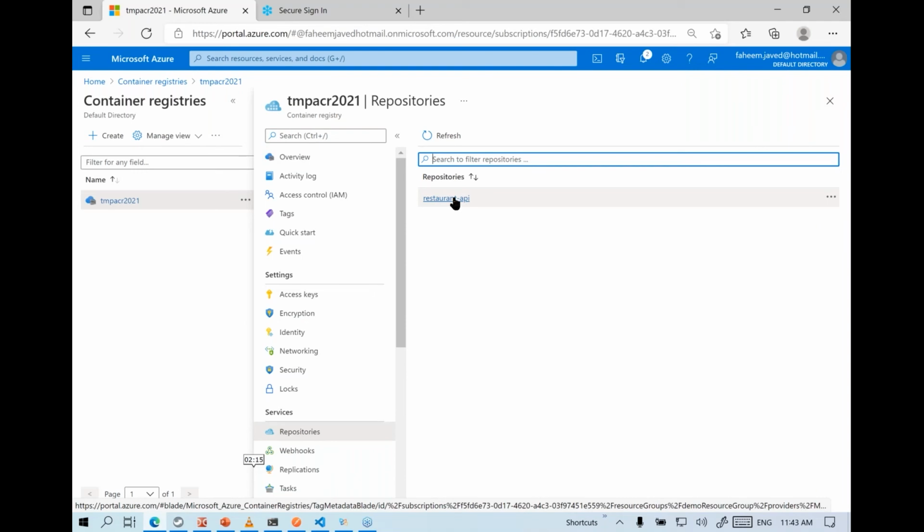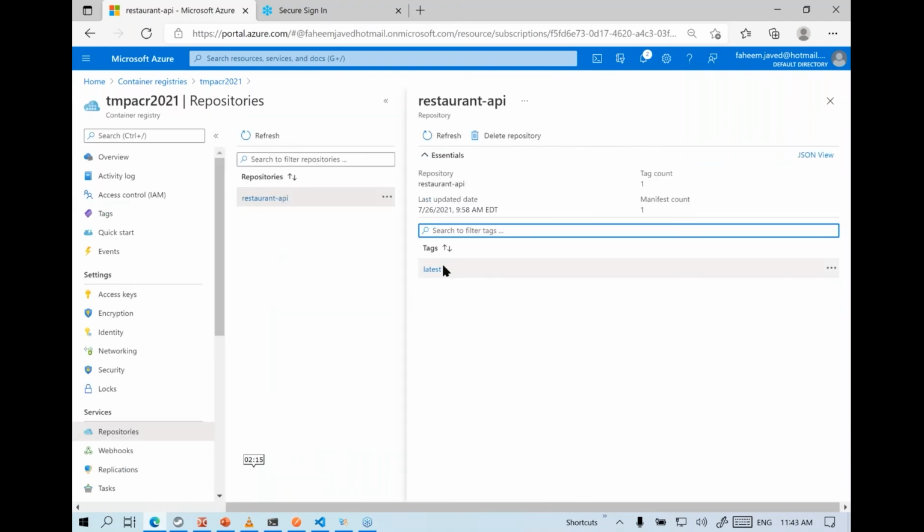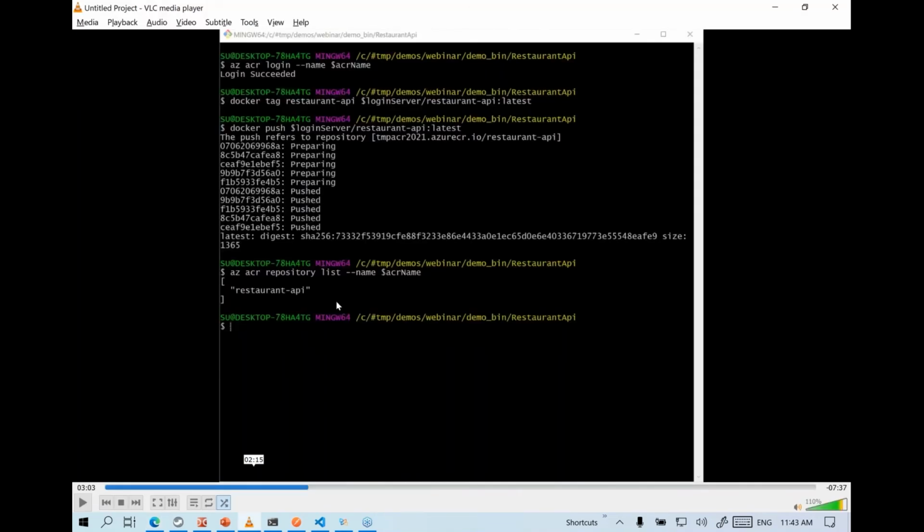We have restaurant API as the image, and you can even see how many versions we have. We have just one version, tagged as latest. Otherwise, you can tag it as version 1.0, v2.0, and so on. So basically, what we have accomplished so far is we have our Docker image on the local machine, and that is now also available on Azure.